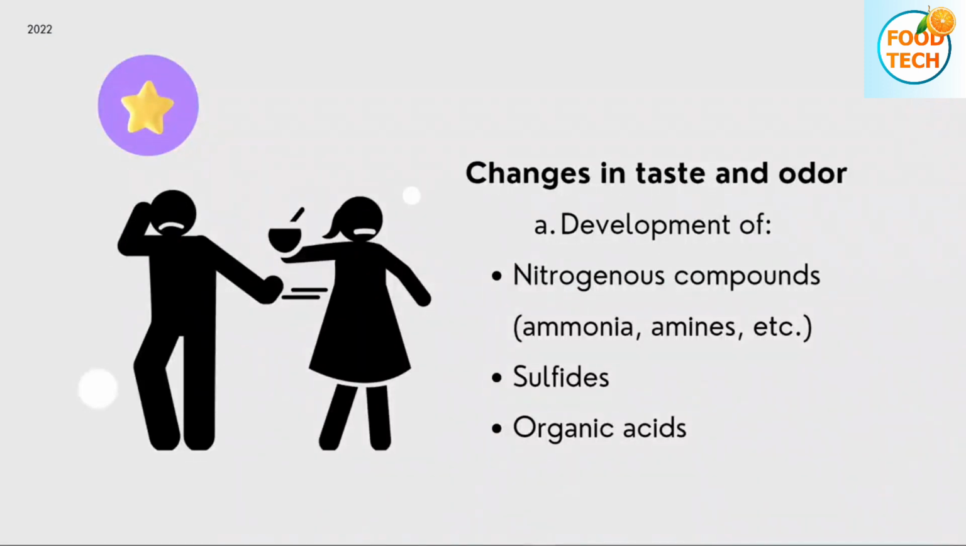So guys, these were the three major characteristics that occur when there is food spoilage. First was appearance, second was texture, and third is taste and odor, right? Fine. So moving ahead,